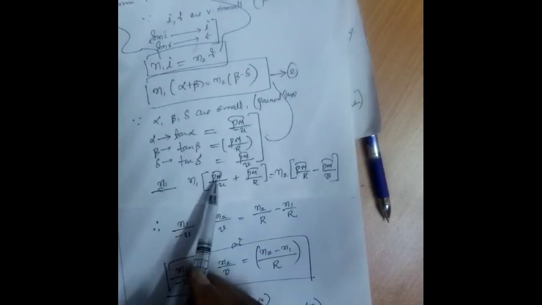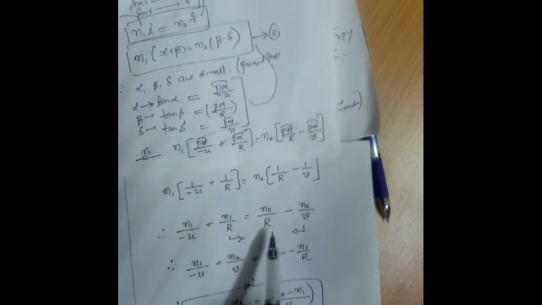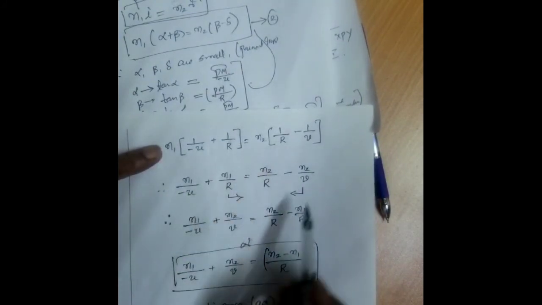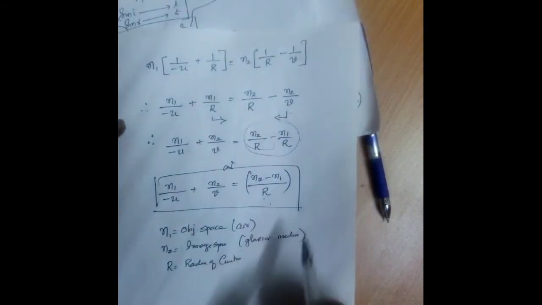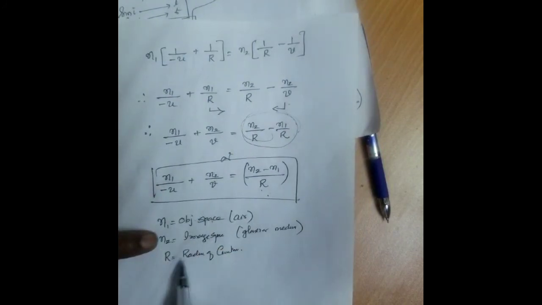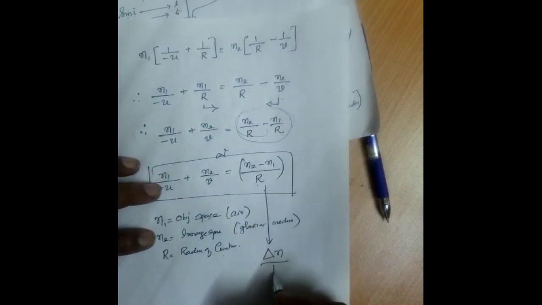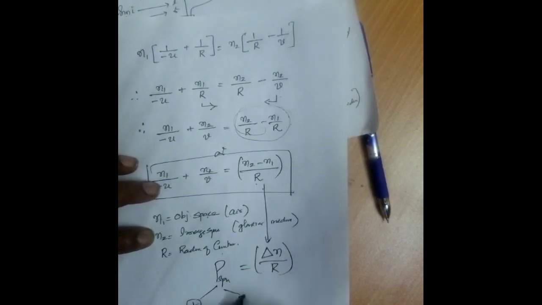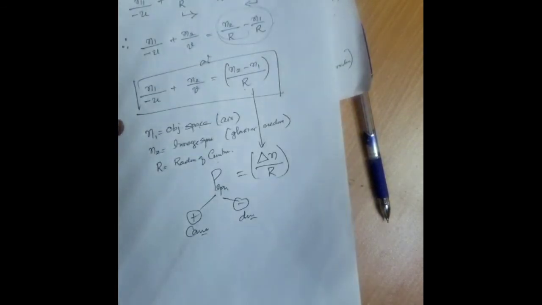Right? Now what you have to do? Divide throughout by PM everywhere. If I divide throughout by PM, I will get this one. Then what is the next step? Multiply inside. Collect all R one side. Take the LCM. Where N1 is object space, N2 is image space, R is radius of curvature. This difference of refractive indices by R is called power of a spherical surface, which may be positive or negative, depending upon whether it is convergence or divergence. That I will discuss in the next class. Thank you.